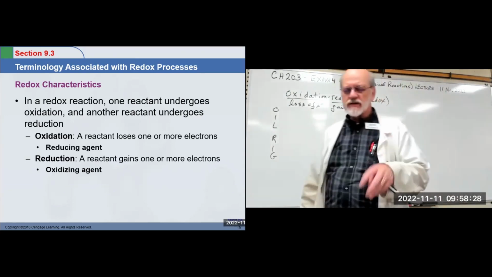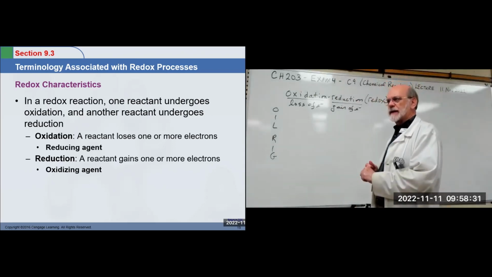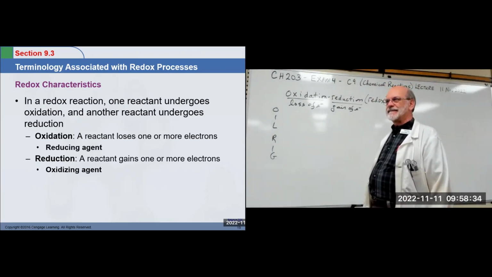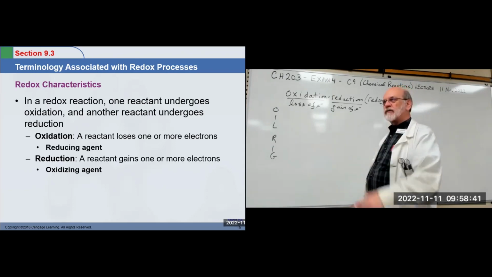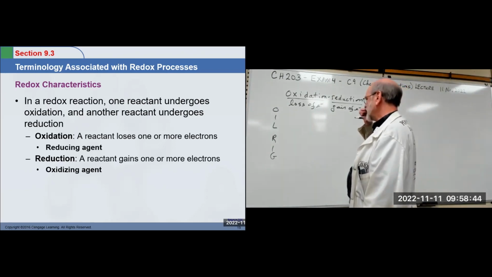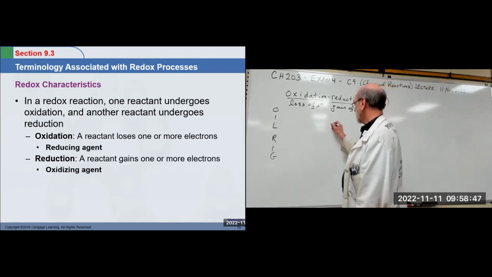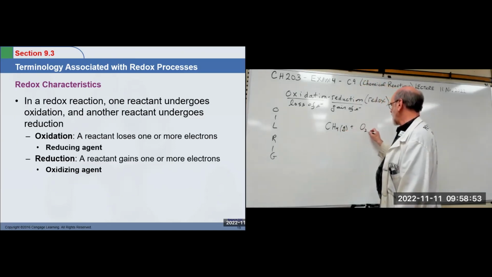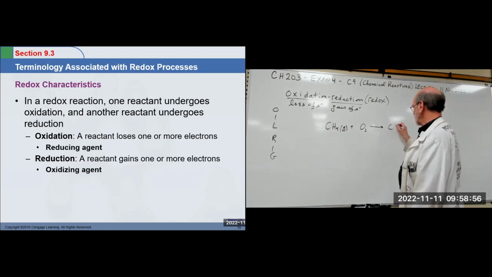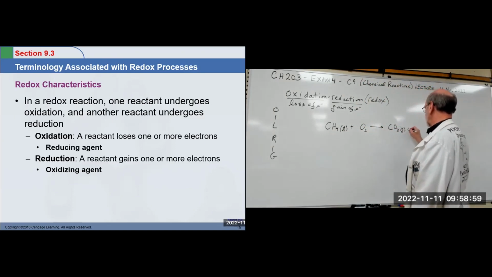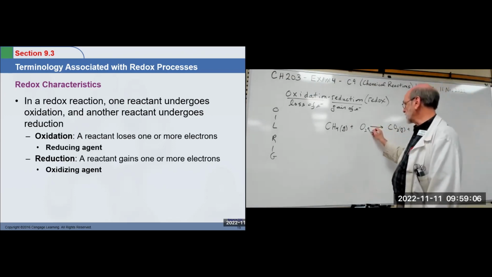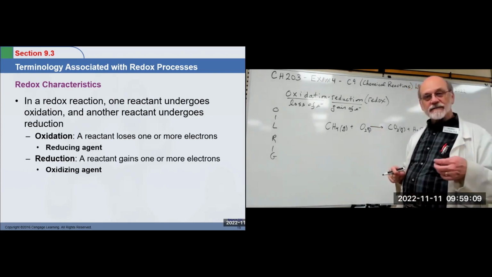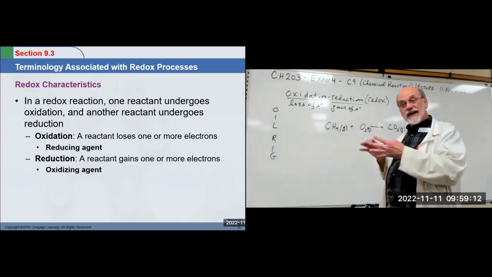So there's some more terminology involved here. What if we use a combustion reaction? How about that? Methane plus oxygen yields carbon dioxide and water. Okay, that's gas 2. All right, so if we assign oxidation numbers to find out which one's which,